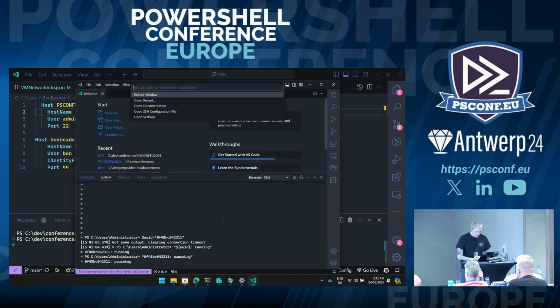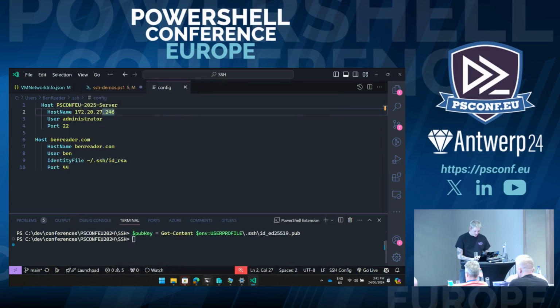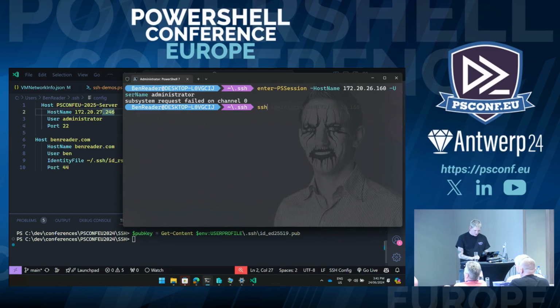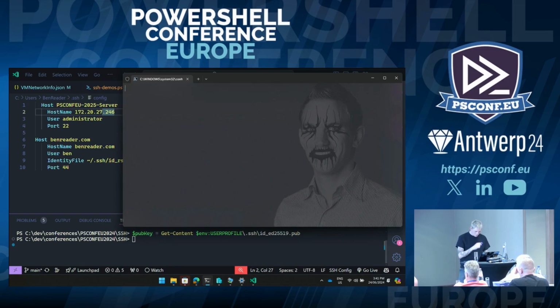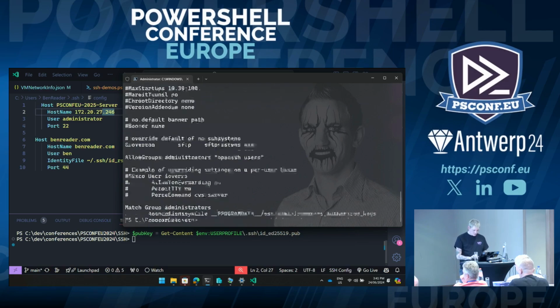That's okay. I'm going to show you what the config file looks like on this machine. SSH. And let's go in here, see data, SSH. Okay, so it's just a really long text file.